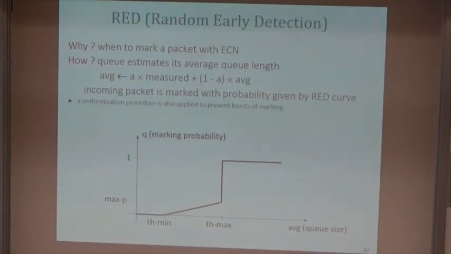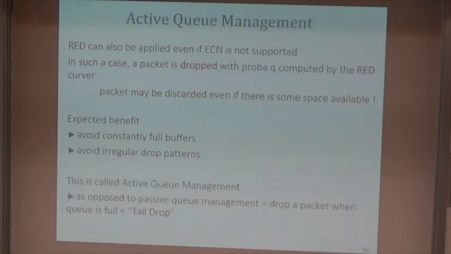The method of choice to avoid the buffer bloat problem is to use ECN, but a cheap method, if you don't think that servers are using ECN, is to give advanced loss signals by dropping packets even before your buffer is full. This is done with RED. So RED, unfortunately, is not very much deployed in the internet, probably because service providers say we don't want to drop packets if we have space in the buffer. But this is